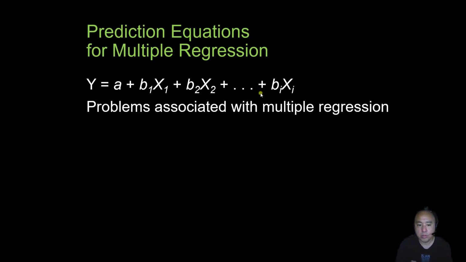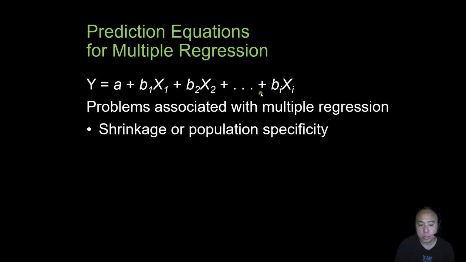Now, I should note there are a few problems associated with performing and using a multiple regression analysis. One is called shrinkage. This is a case where the multiple regression model that we use in one sample may not fit on another sample. In fact, the model fit may actually shrink. That goes in line with the specificity of the population in which we're trying to measure these multiple effects